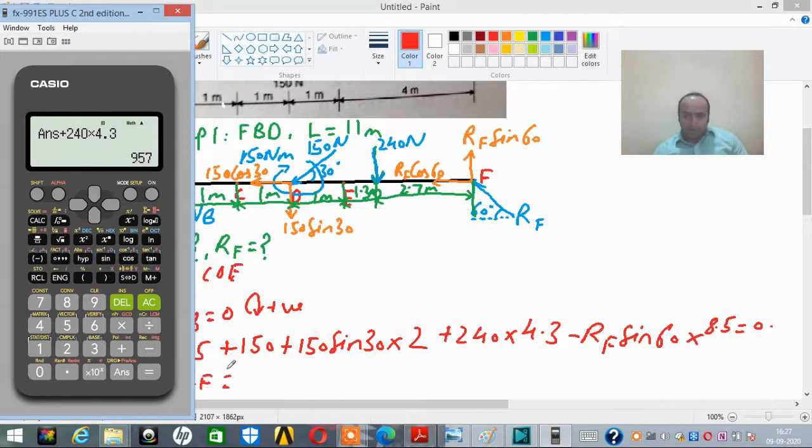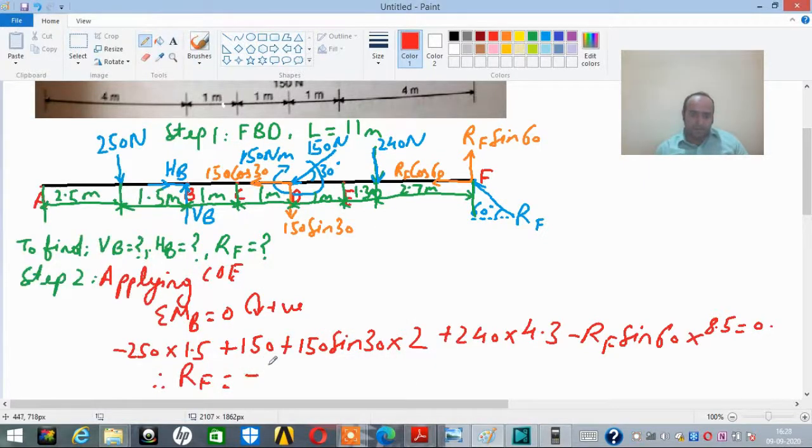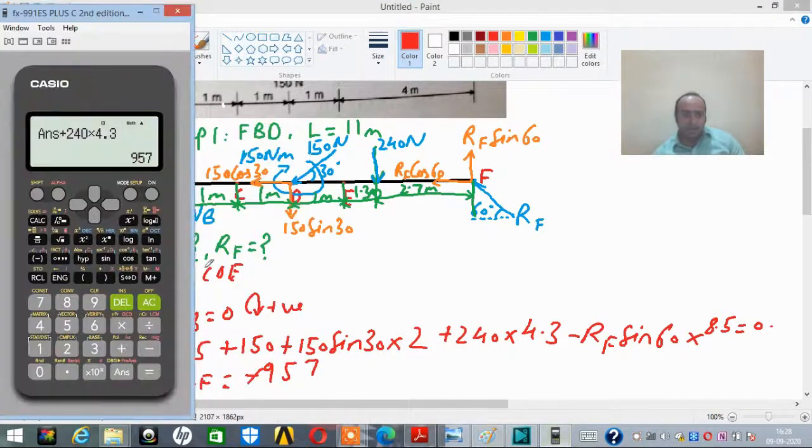The value, whatever it comes out to, will be taken on the other side. That is why it will come out to be minus, and minus minus will get cancelled out. So I can write it over here, friends. It will be minus 957. On this side it will be minus 8.5 into sine 60 RF. So minus minus gets cancelled out, and then I can divide it directly by 8.5